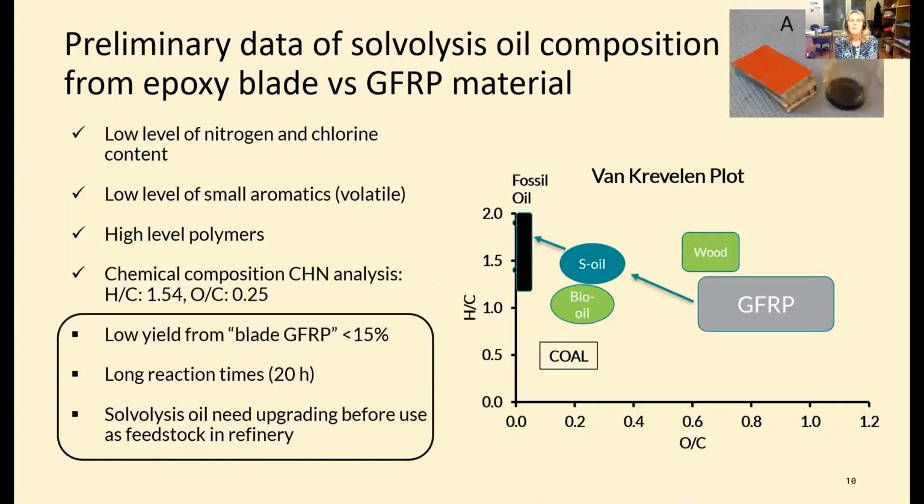So now over to the preliminary data from the solvolysis oil. This is also from the epoxy blade piece. If you look at the oil, it's mainly composed of polymers, and we have a small level of aromatics. We can see that we have managed to remove the nitrogen from the epoxy resin and the chlorine from the PVC, if they are included in the samples. That's really good, because you need to remove all the ions to reuse the oil as a drop-in fuel